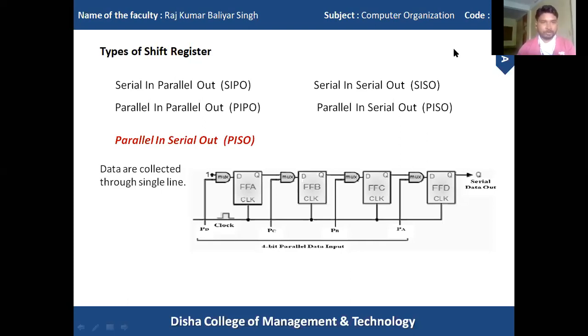So this is all about the different types of shift register, that is serial in serial out, serial in parallel out, parallel in parallel out, and parallel in serial out. In short forms, they are called SISO, SIPO, PIPO, and PISO.